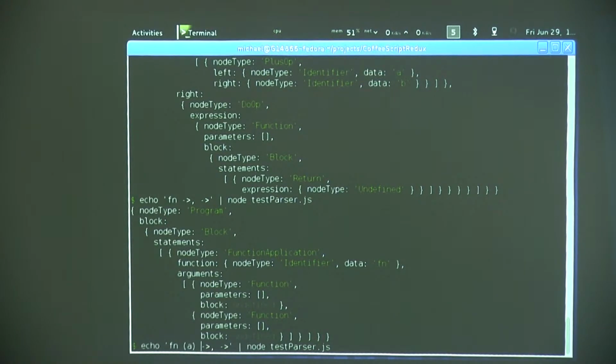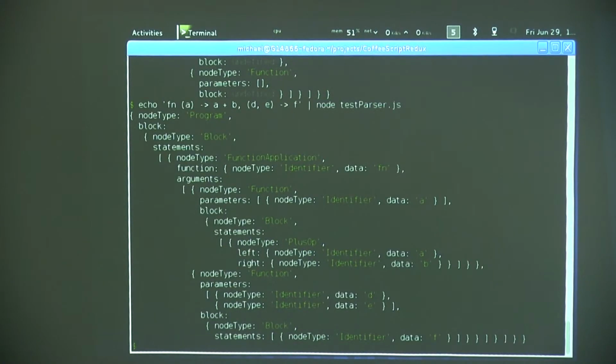Can just do something like, and then like, oops. So you can see I have these more complex functions here being passed as arguments to a function application here, with no problem parsing it. I also can do nested